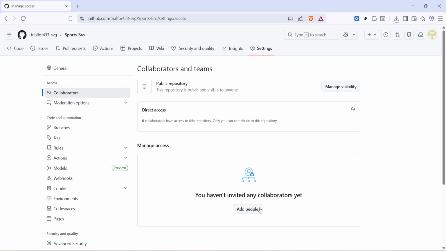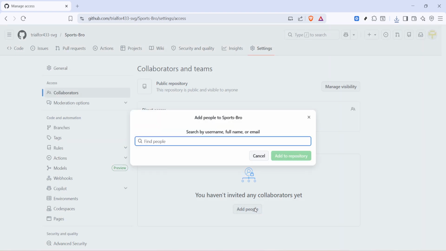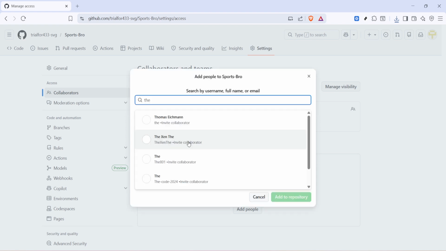Next, choose Add People. A dialog will appear where you can search for the person you want to invite. Type their GitHub username, full name, or email address. Take a moment to confirm you're selecting the correct profile. Check the avatar, the handle, and any visible details to avoid inviting the wrong account, especially if multiple users have